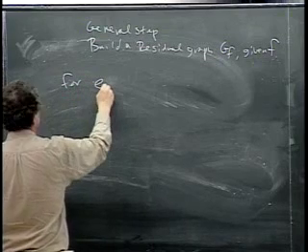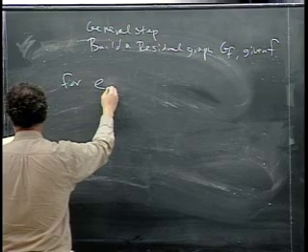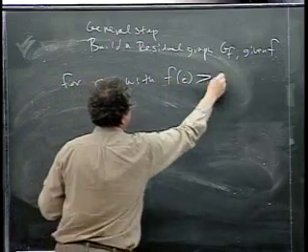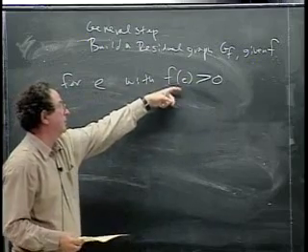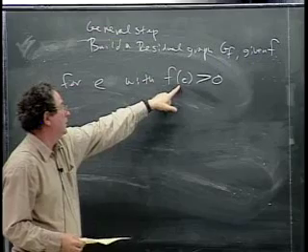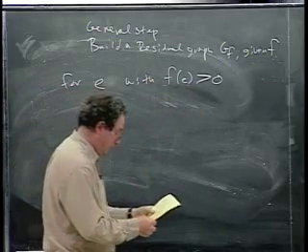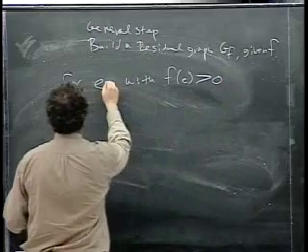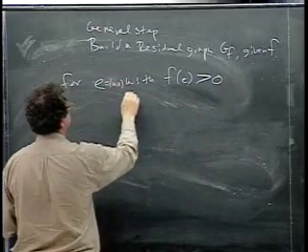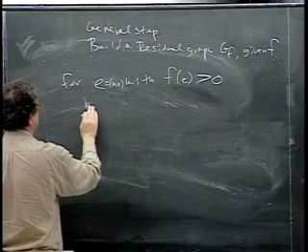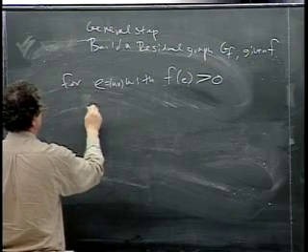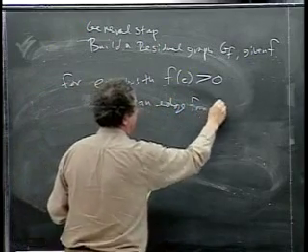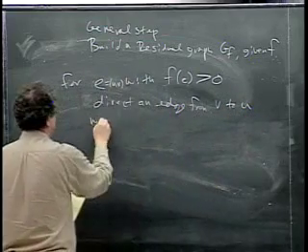For any edge E with the flow of E greater than 0, so if you have an edge where you've actually assigned the F value to be something greater than 0, with E equal to UV, then you build, or you direct, an edge from V to U with residual capacity